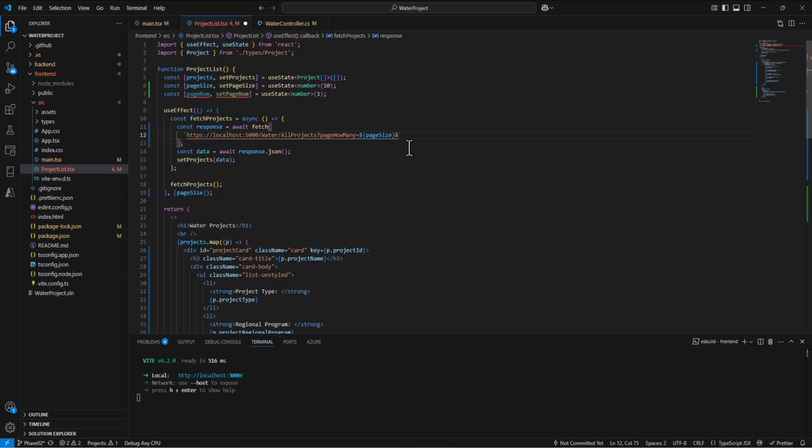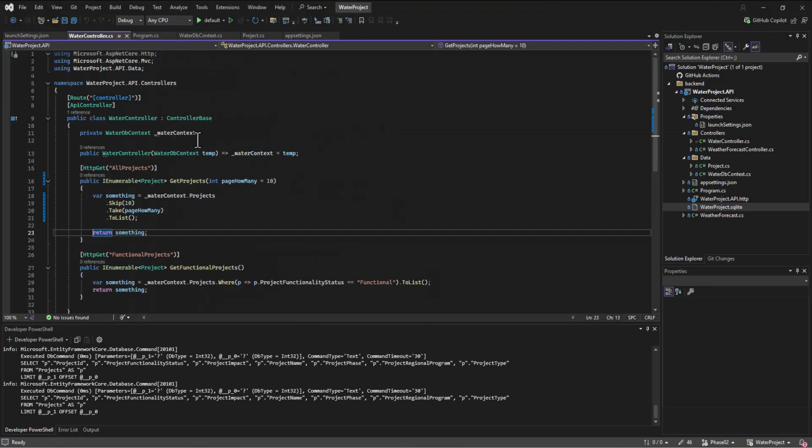So we say ampersand, and then the next thing is going to be whatever we want to call it. Now, I called this page how many, but really we could call it page size to keep things consistent. But I wanted to prove to you the name didn't need to be different. But if I name it page size here, then on the .NET side, I also need to name it page size, right? Those names need to be consistent.